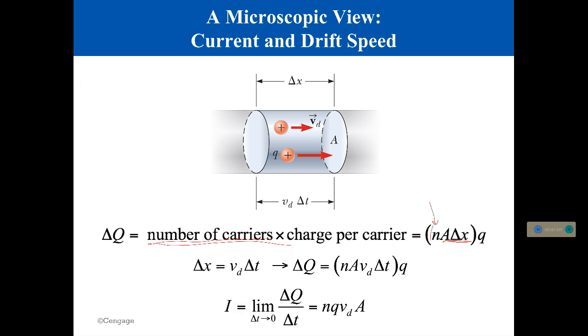And now we can define current in a different way. I'm just going to take this equation right here and divide by delta t on both sides. And what is delta Q divided by delta t? Current. Now, this equation on the right side should make good sense for why all of them are there. You should be able to construct this equation. I don't think you're going to have to use it a ton on your homework, but you should understand all of it. Basically, why should current increase because of each of these? Why does it make sense that charge density should increase current?